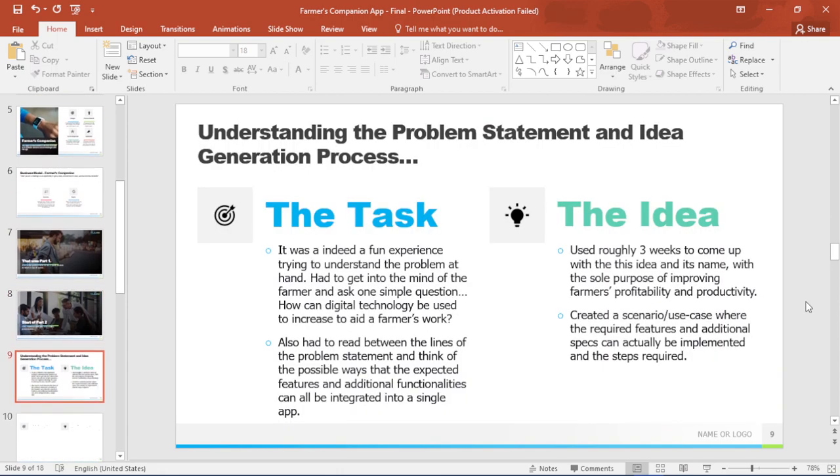Right, and go. So, understanding the problem statement and the whole process behind the idea generation. All right, the task, it was fun. It was a really challenging time. Thinking about a way around the task, being that at least 10 items were listed under the things expected as deliverables. So 10 items were listed. So it was challenging, and it was fun to think around this,